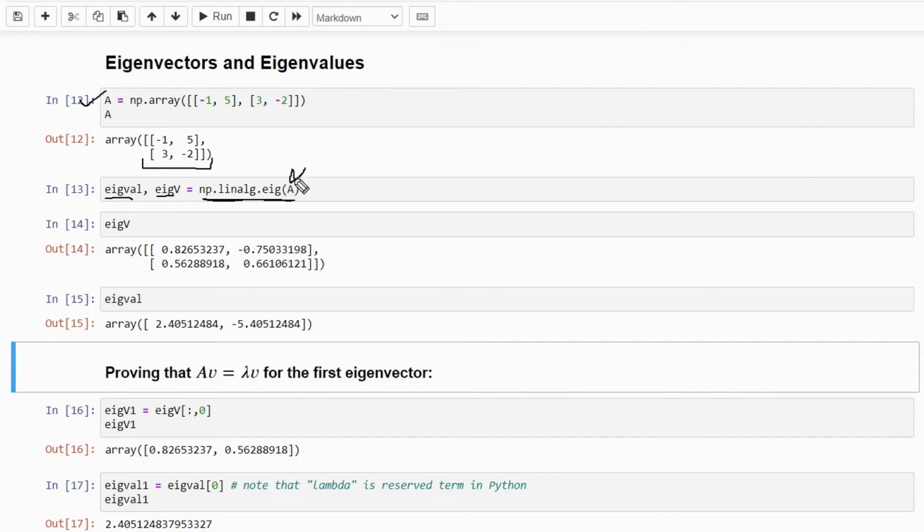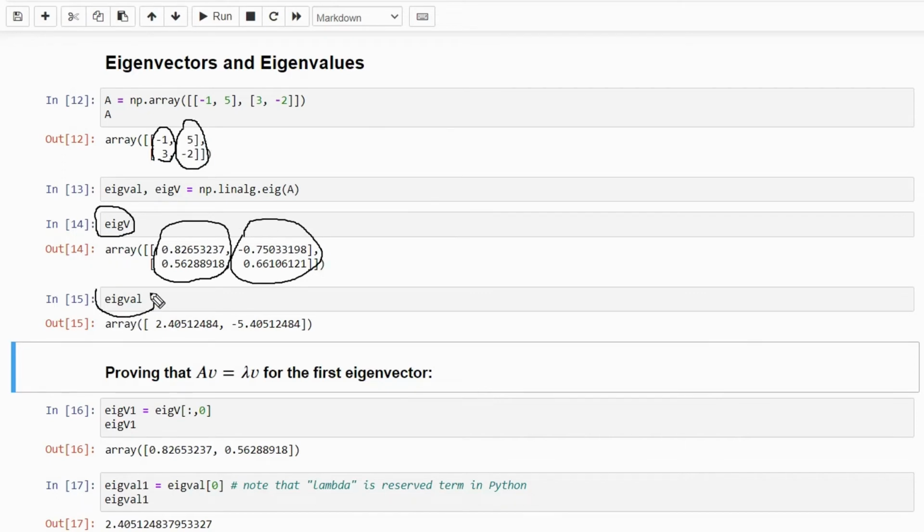here as an argument. So in the following cell, I am checking the eigenvectors for the given matrix, and this one is the first eigenvector for this vector, and this one is the second eigenvector for the other vector in our matrix. And then I am checking the eigenvalues, which I said will be a scalar number, and the first one is the eigenvalue for the first vector within the matrix, which is corresponding to the change in length, and this is the second eigenvalue for the second vector. And this is how simple it is to calculate the eigenvector and eigenvalues with the help of the NumPy library in